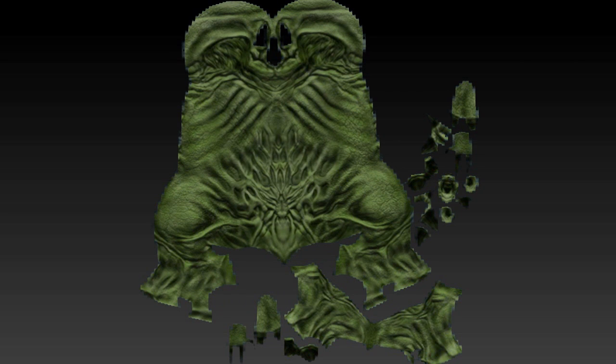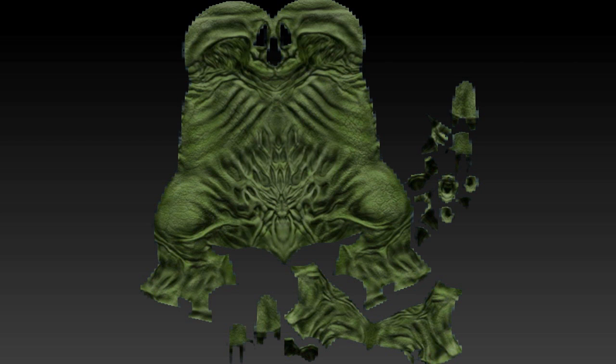So what a UV is pretty much is the flattened version of your 3D model. Now you guys didn't see me do this during the time-lapse video because UVing is not really something I want to show to you guys, but I did UV this creeper model beforehand on another program, which is Headus UV Layout. It's a good program to UV your 3D models, so I did that beforehand, and this is what it looks like on the final version of the creeper.